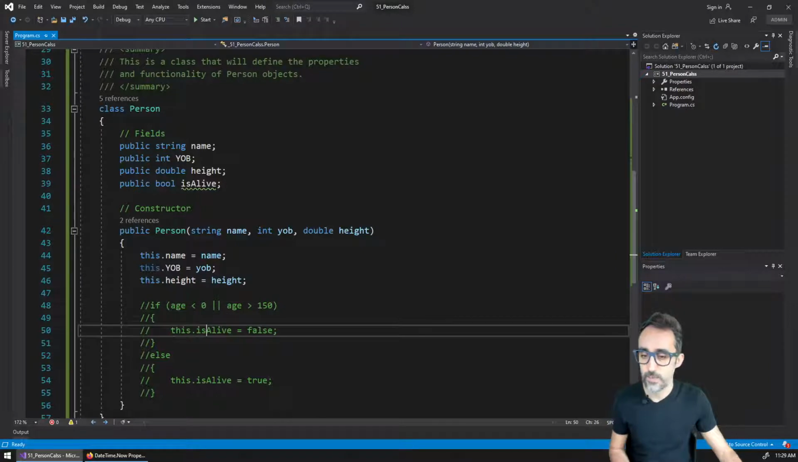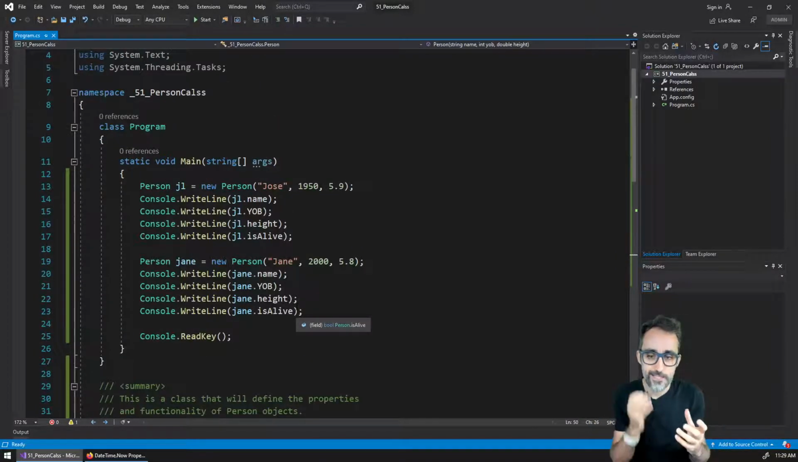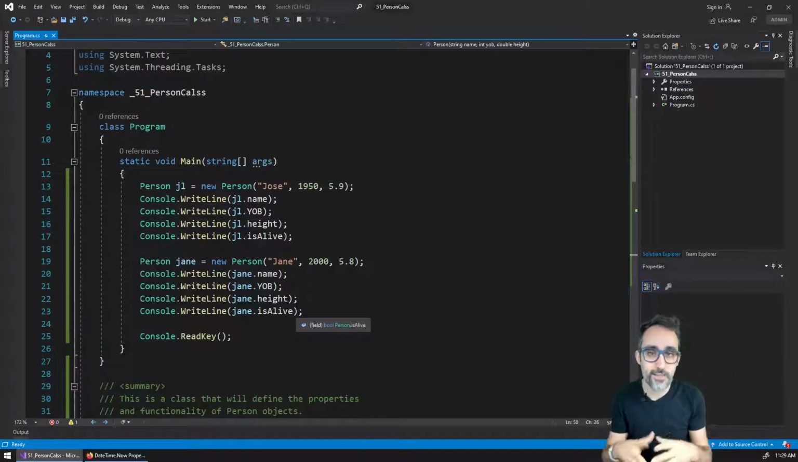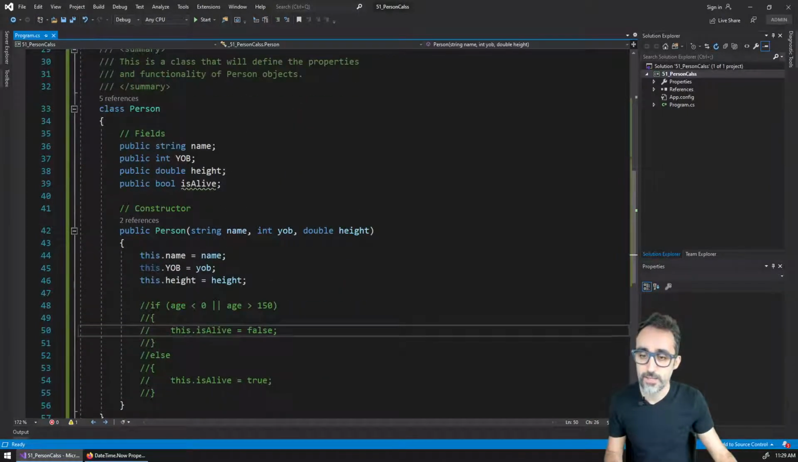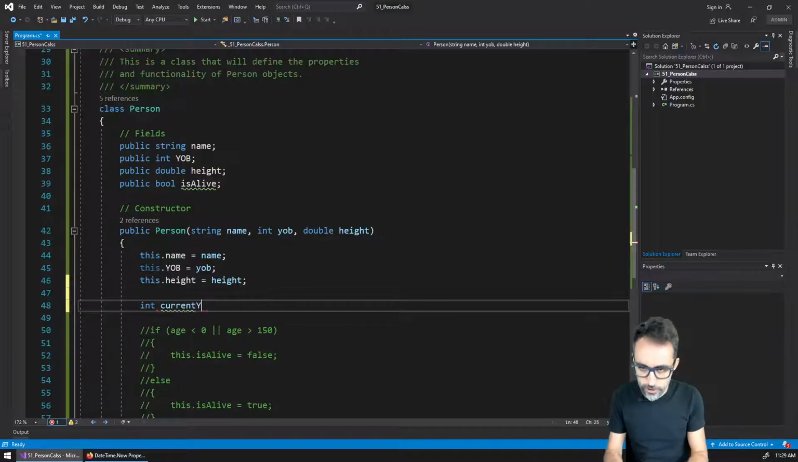I can now modify this and say, well, then the factor of whether someone is alive or not is not so much about an age range anymore, but more about comparing the year that they were born to the year that we are currently in right now. So something I can do in C# is get which year we are living in by defining a variable called current year here in the constructor, and that's going to be equal to